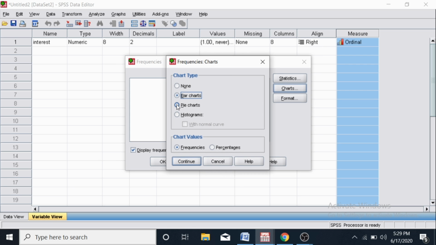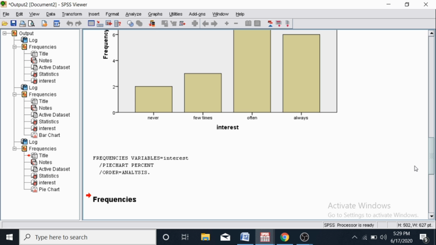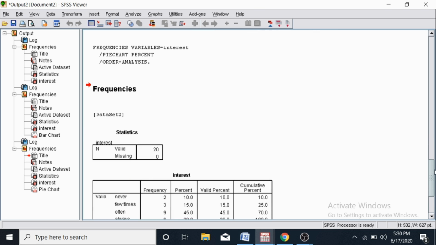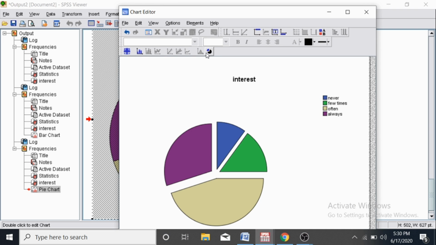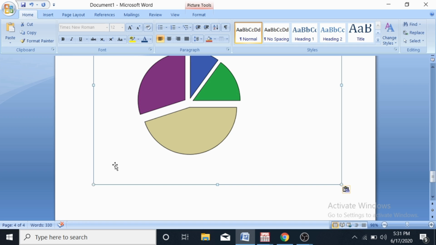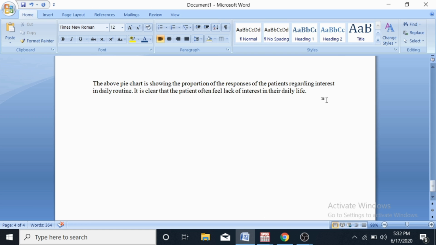Again I am going to select the chart, and here I have selected the pie chart, and I will make the pie chart by percentage. The above pie chart is showing the proportion of the responses of the patients regarding interest in their daily routine, and it is clear that the patients often feel a lack of interest in their daily activities.